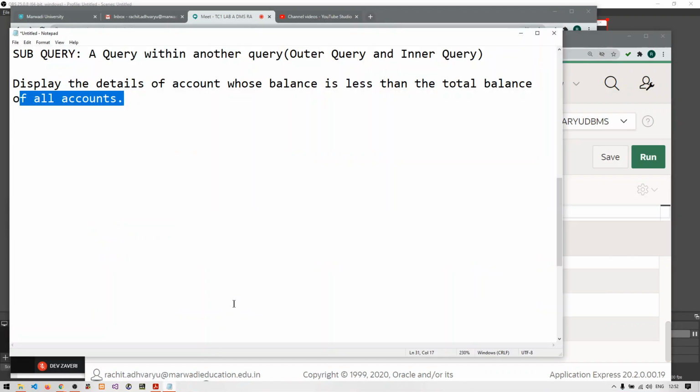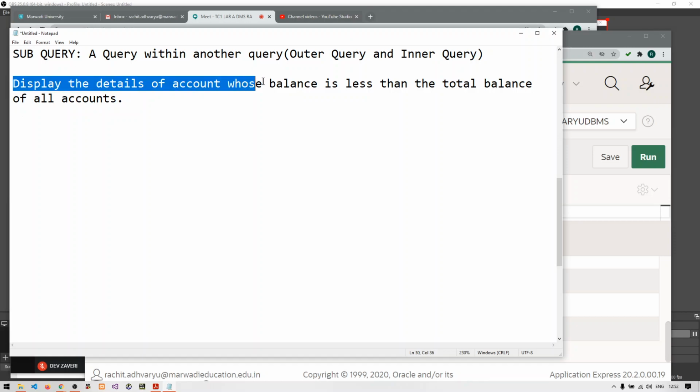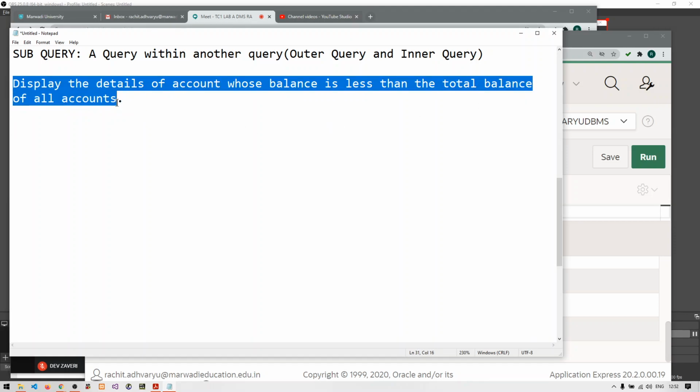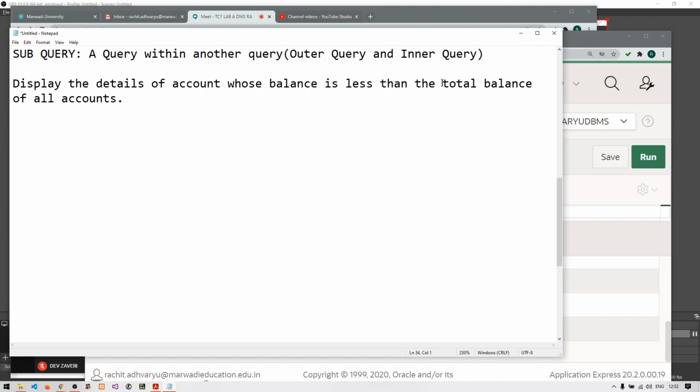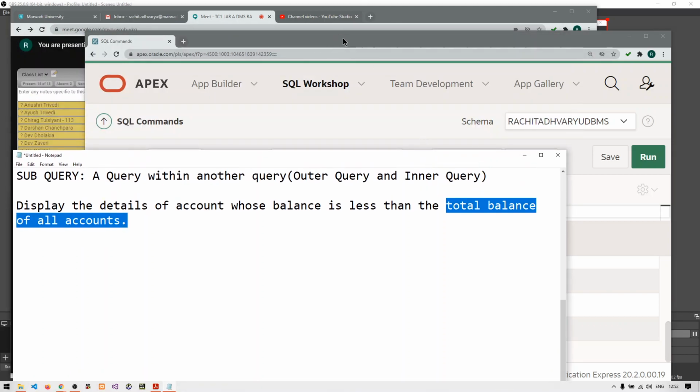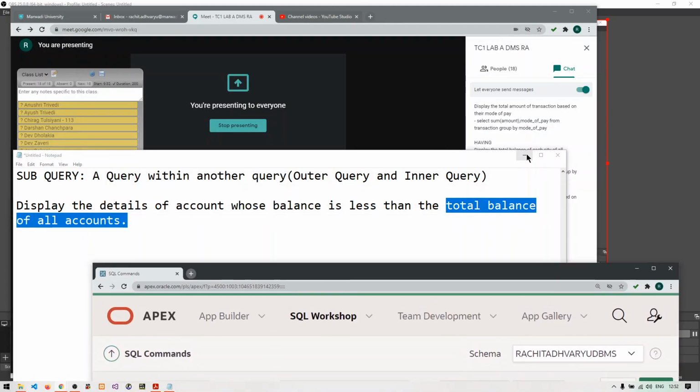Guys, are you able to understand or not? I am saying display the details of accounts whose balance is less than the total balance of all accounts. So the first thing we want is the total balance of all accounts. So we need to add all the balances first.